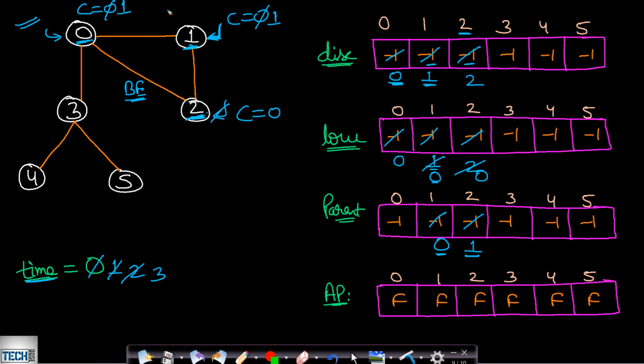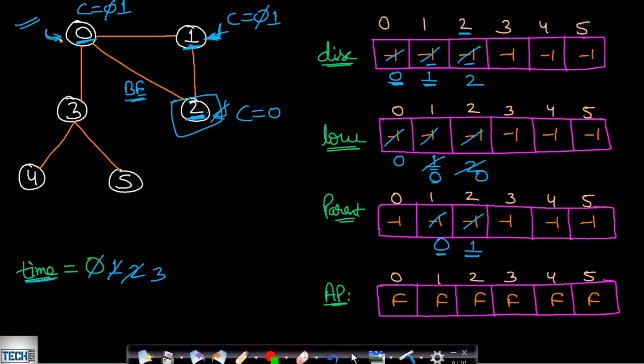Now before backtracking, we will check if this 1 can be an articulation point. This 1 is not a root node. So case 1 will not be applicable. For case 2, this should be a non-root node. Yes, that is true. And also there should be at least one subgraph which does not have any back edge. But in this case, for 1 there is one subgraph, which is this 2, and it has a back edge to 0, which is an ancestor, and that is why this will not be an articulation point.